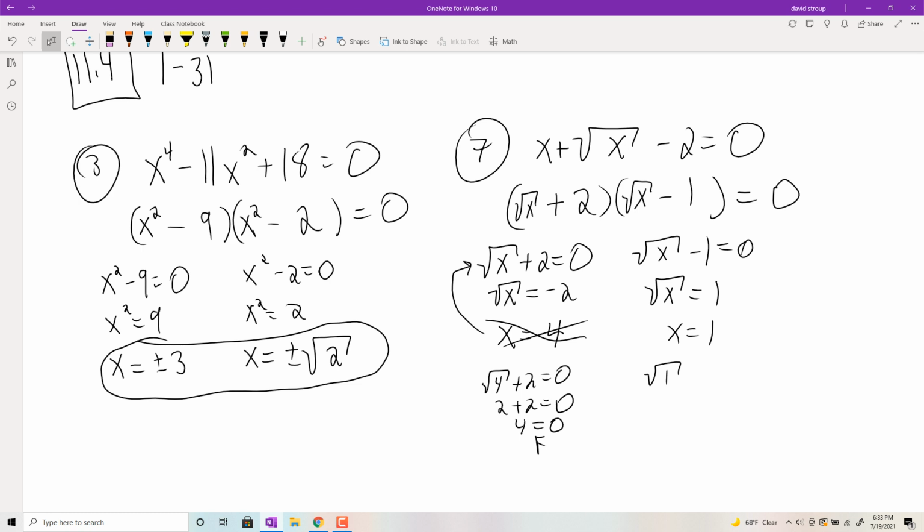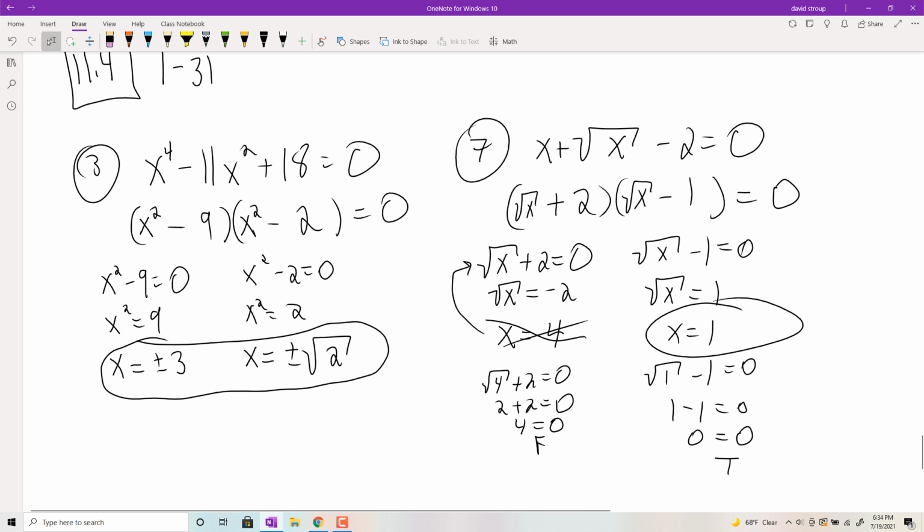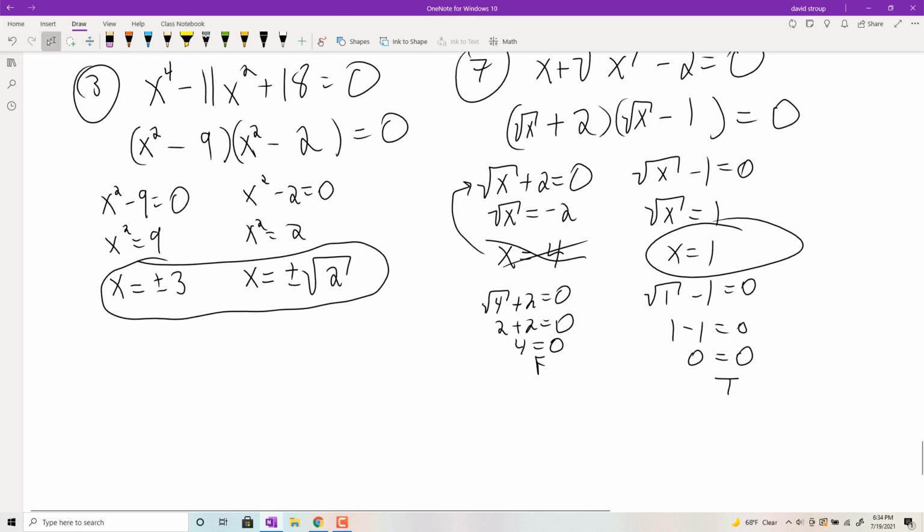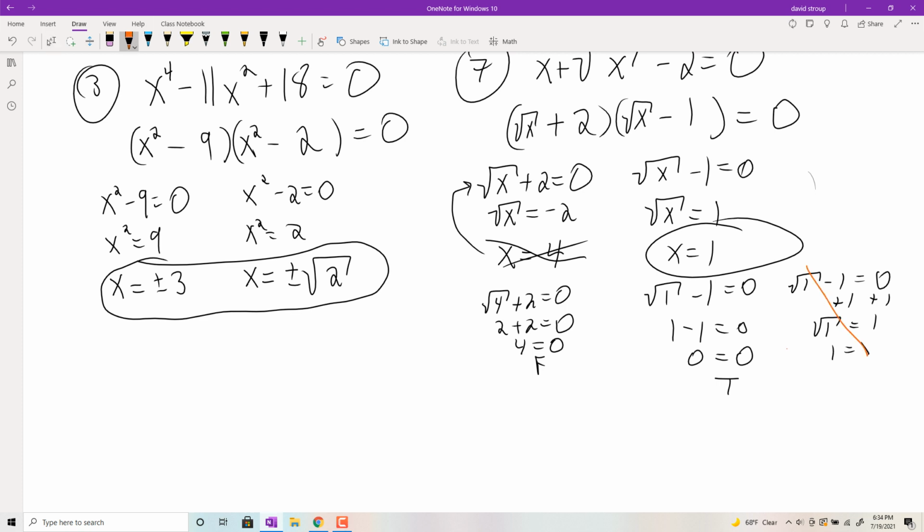So square root 1 minus 1 equals 0. Square root 1 is 1. 1 minus 1. So that one's true, that one works, and there it is. Okay. One thing I saw on tests that people were trying to do is, like here, if I was checking square root of 1 minus 1 equals 0, some people are adding 1 to both sides, and then 1 equals 1. You can't do that. That sort of defeats the purpose of the check. That's a no-go. You're not allowed to do that